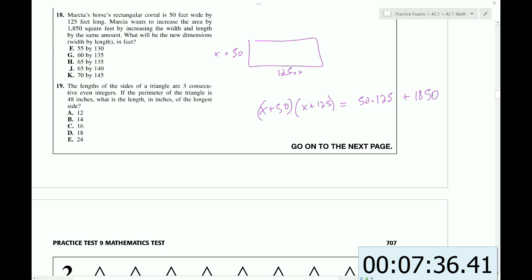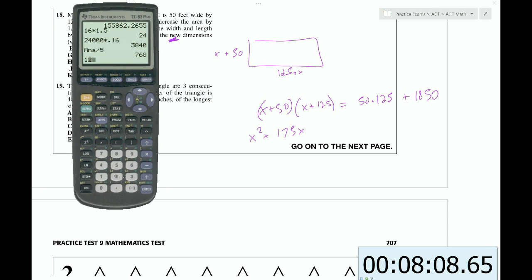Okay, they want to know the new dimensions. So this is another key thing. We want the new dimensions here. Okay, so let's solve this out. So the quickest way to solve this thing, let's see, we could FOIL this. Right, so we get x squared plus 50x, and 125x makes 175x, and then 50 times 125, we could just use the calculator, 125 times 50,